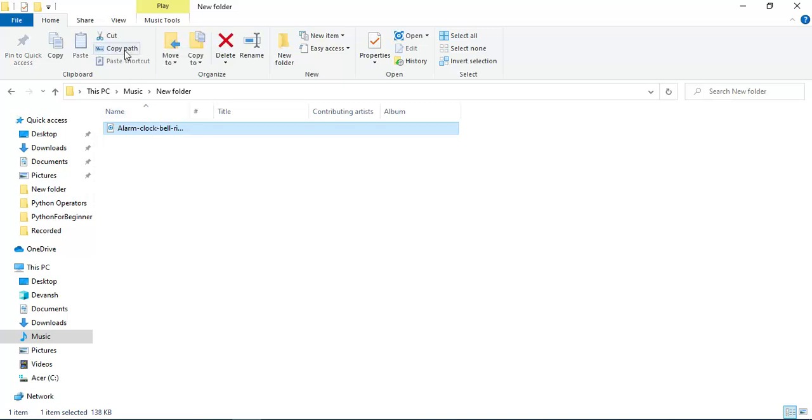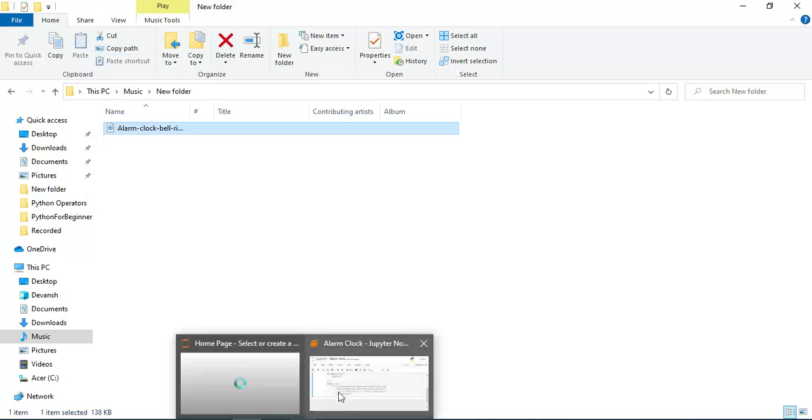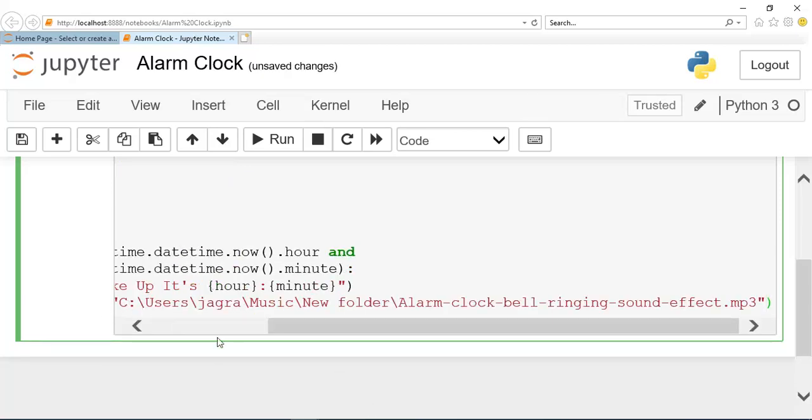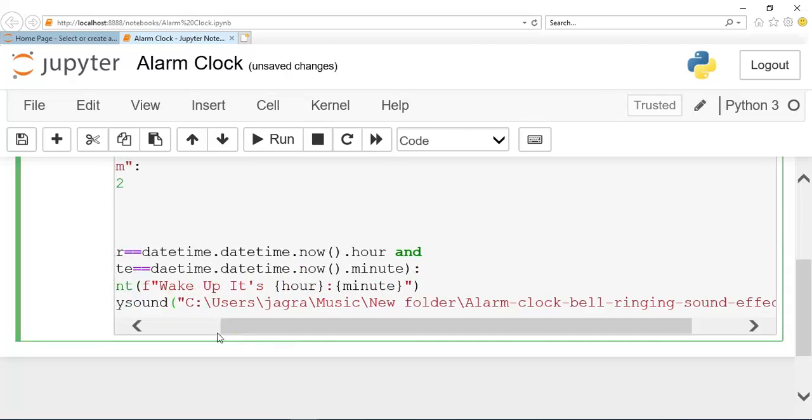Here is the copy path option. So let's paste this, guys. So I will type Control V, and guys audio path is here.